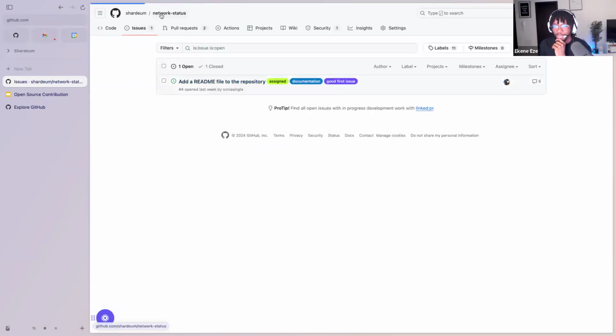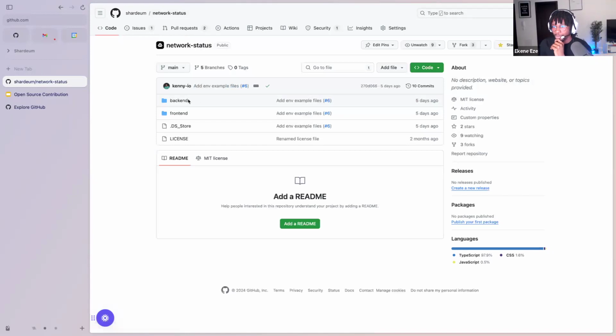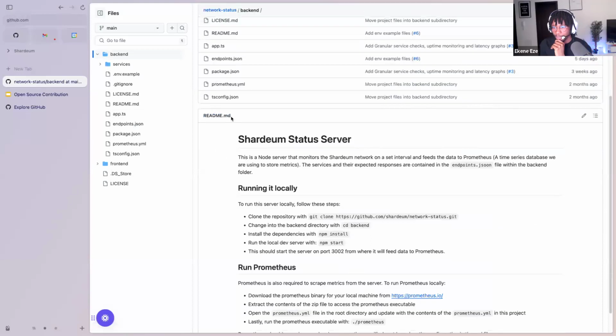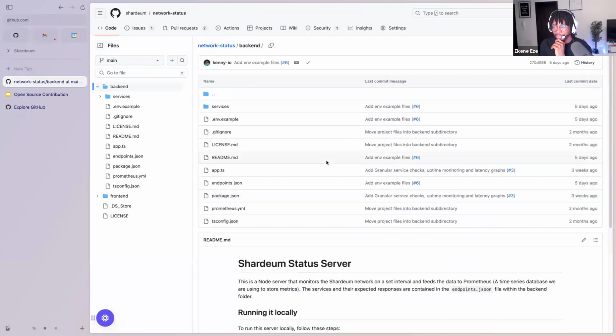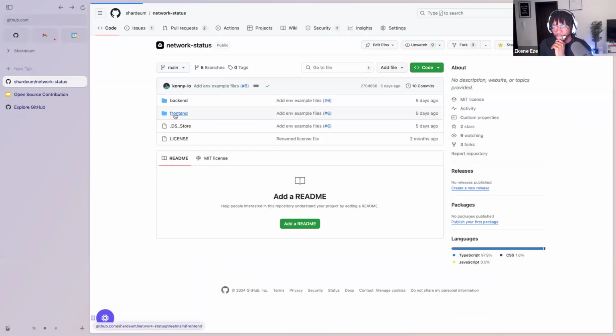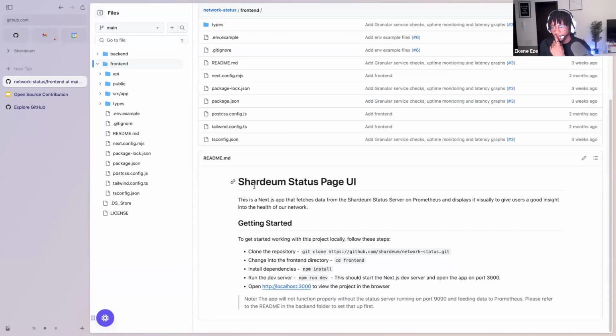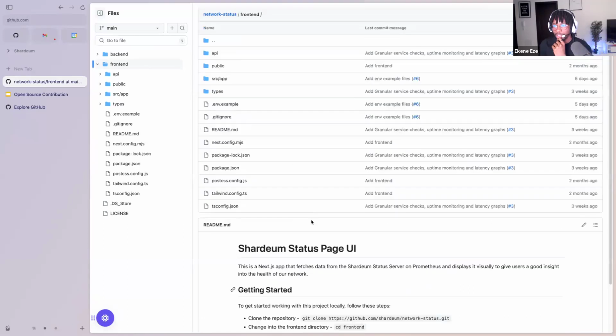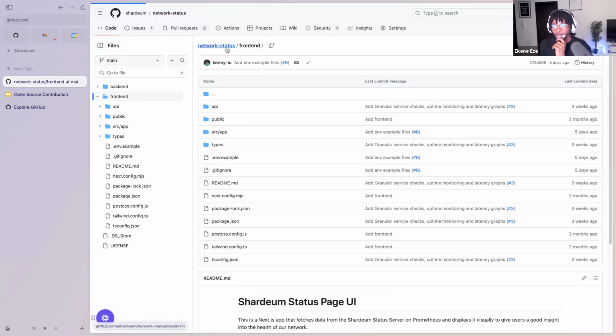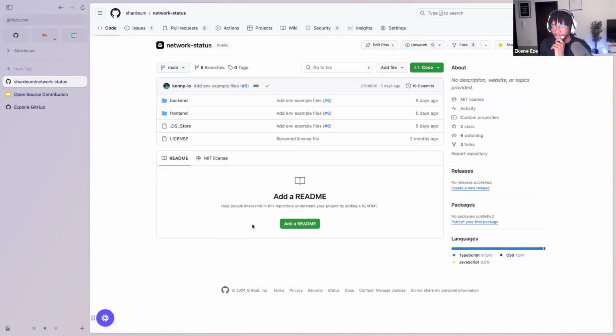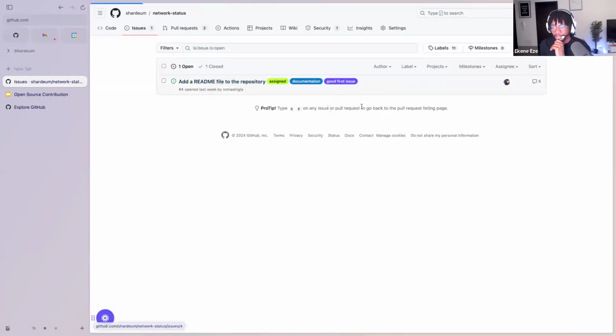If you look at the repository, we have two projects. We've got the backend project. This one has a readme.md file that shows you how to run the backend server. We have a front-end project that also has a README file that shows you how to run the front-end project. But the parent repository does not have any READMEs at all, right? So there's no instruction telling me what the backend is, what the front-end is, or how to run the parent folder. And that's what this issue is saying. So let's look at that.